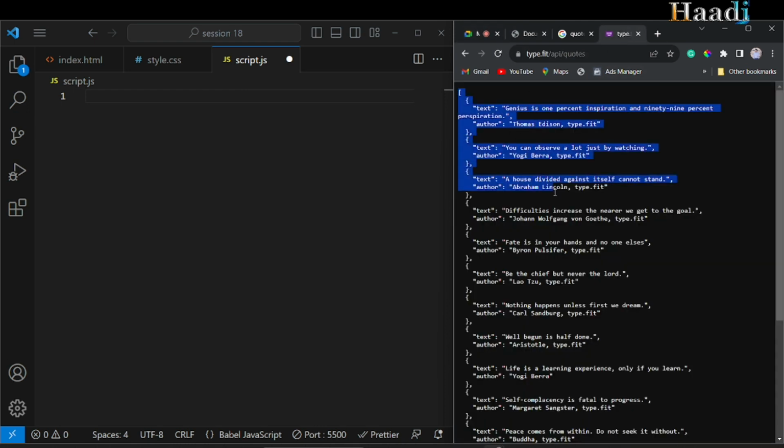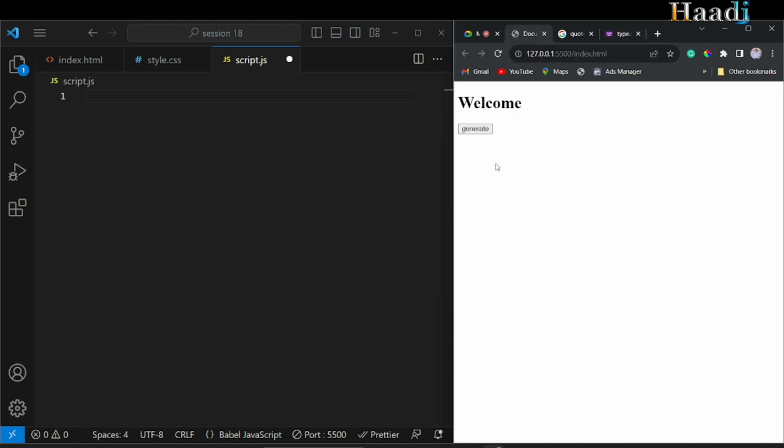Here, see, you can see the quotes and who said that quote. The author name is also there. Okay, I've got the data, I've got the API. So what you're going to do is just copy this one. Now I want this data, I want to fetch this data inside my application here. Okay, so what you can do is